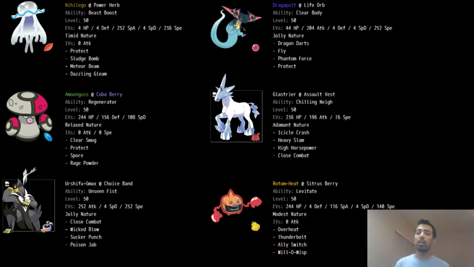So with Ally Switch and Will-O-Wisp, this Rotom has more of a supportive role, doing damage when it can, but mostly soaking up damage for your team and stalling out those threatening Dynamaxes. Overall, this team is very powerful. Every game I played felt winnable, and my losses could easily be traced back to a misplay or getting flinched